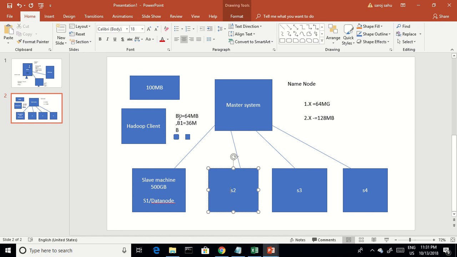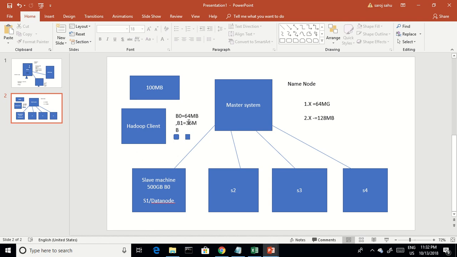Okay. So block 0 will be stored in data node 1. It may pick any machine. It doesn't mean that it will take the first machine. Not like that. I'll tell why it will choose and which machine it will choose. There are a lot of concepts, so we'll discuss them one by one in the next sessions.